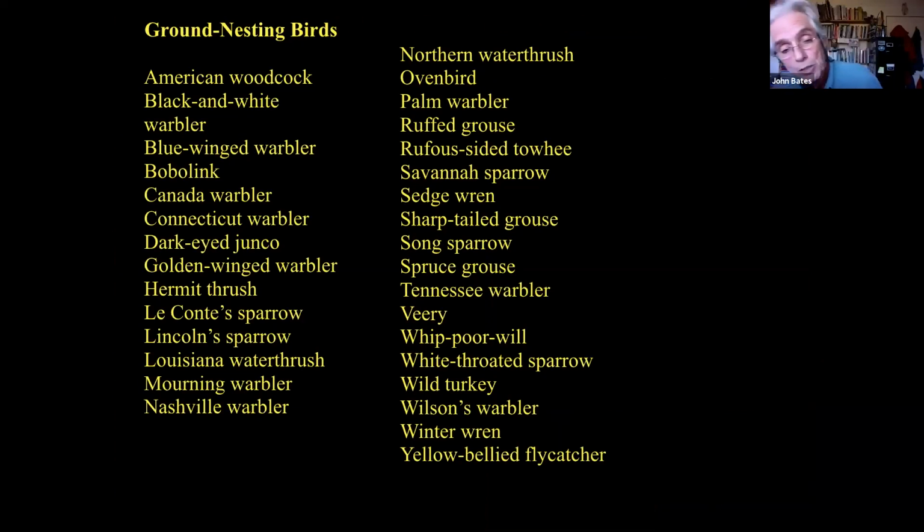Some of these are grassland species, not all are nested in forest, but many of these do nest in forest on the ground, and they require coarse woody debris to be all over the ground in order to tuck their nests into them. This whole idea of German forestry, going into a woods and cleaning it out and making it easy to walk in, that's lovely for a walk, but a biological desert for birds.